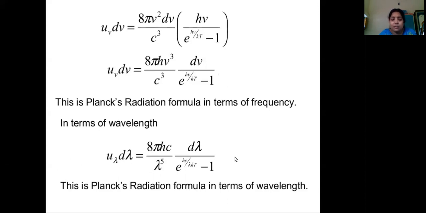Now in the next class, we are going to see how the four laws, Wien's displacement law, Stefan's law, Wien's radiation law, and Rayleigh-Jeans law, can be derived from this one equation, Planck's radiation formula